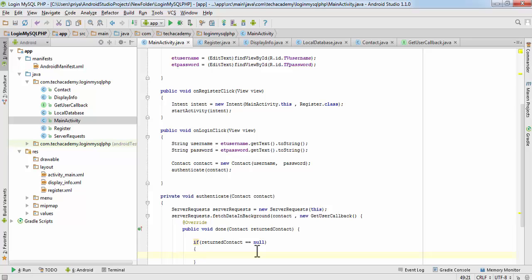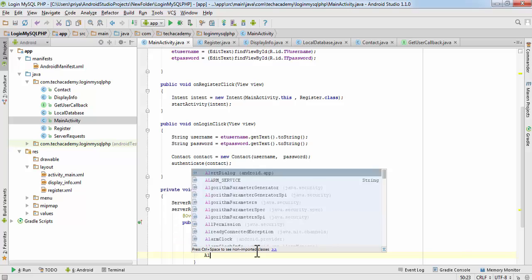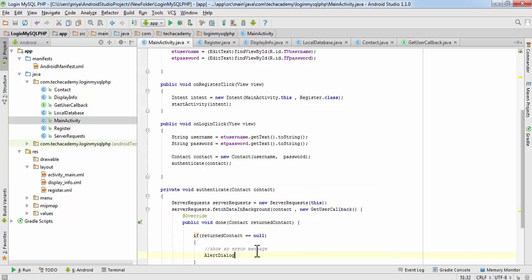So we can show an error message. For that we are going to use alert dialog. So write alert dialog dot builder equals new alert dialog dot builder, and here pass this for the context.